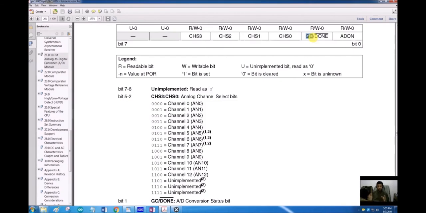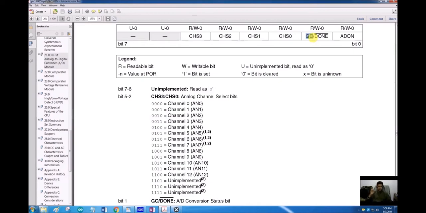And why do we want to save that value? Because maybe the analog value is changing continuously on the pin. So if we want to convert a value at a certain instant, we have to just take this value, pick this value and store it somewhere, so that even if the value on the pin is changing during that time, it should not affect our analog to digital conversion. So the first step is data acquisition.